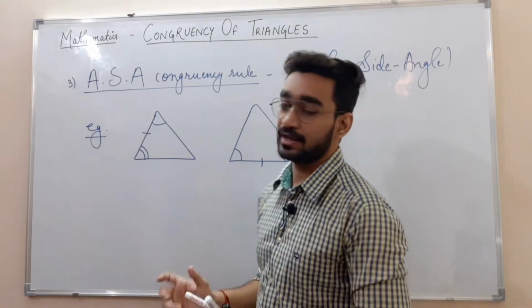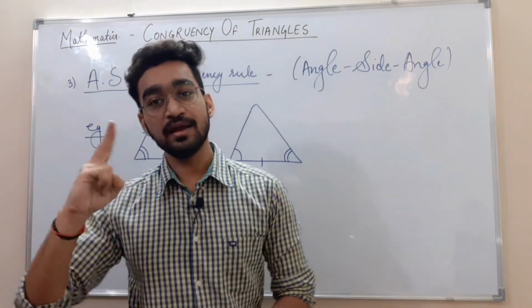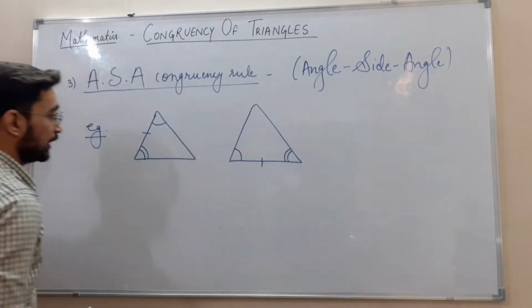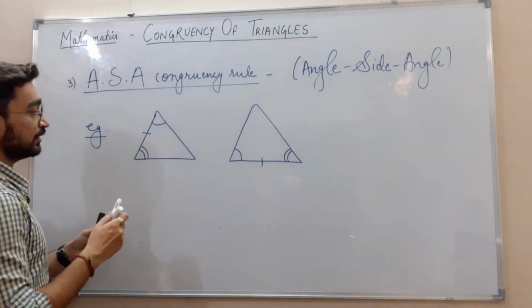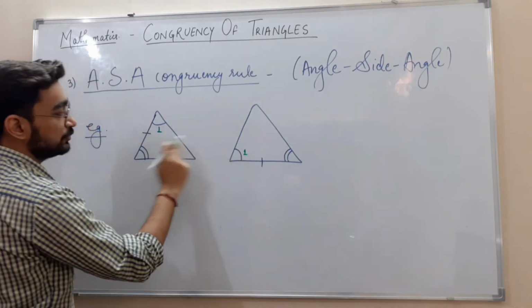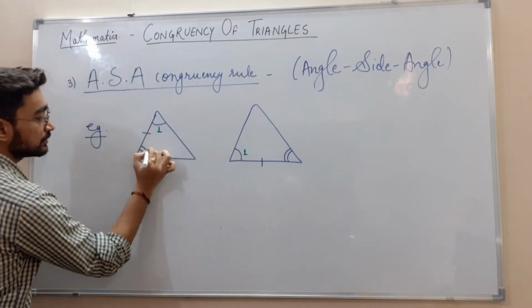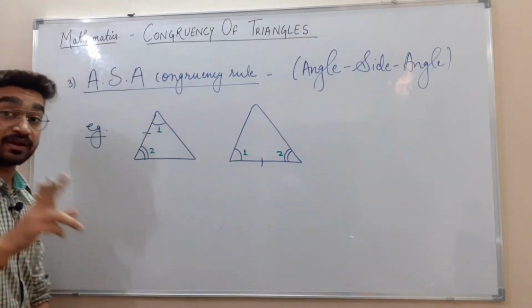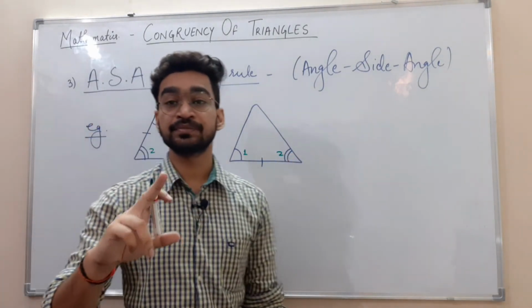ASA criteria says two angles and the included side. So two angles, I will mark here. Angle 1, these two angles are equal. Second angle I got. Very good. Two angles I got. But the third thing I want is